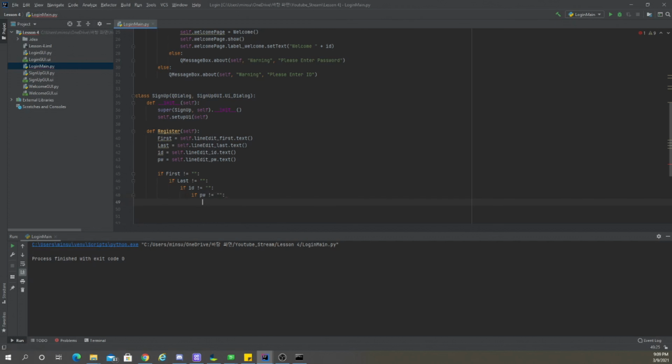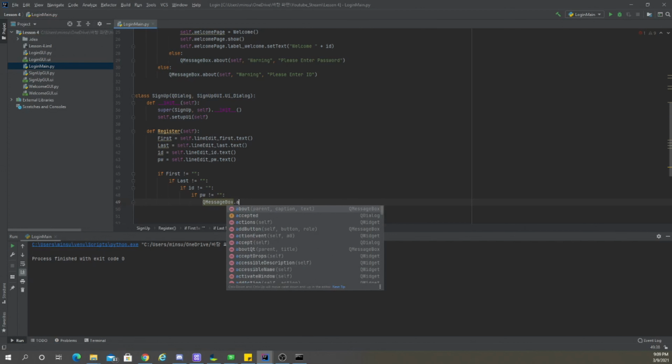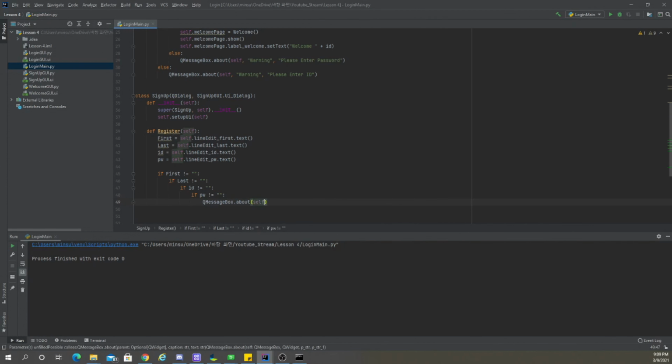And then we're gonna show the QMessageBox that the user has created or registered correctly. So QMessageBox about self